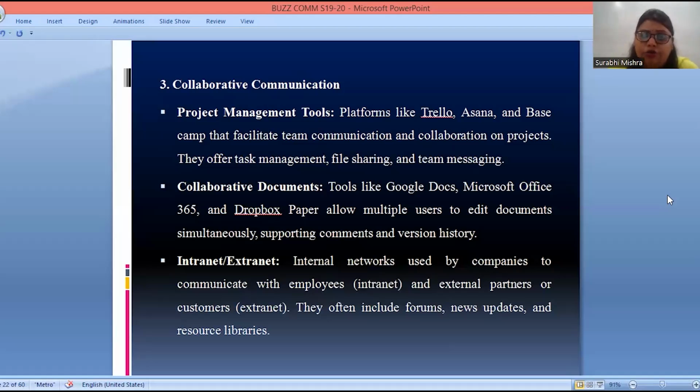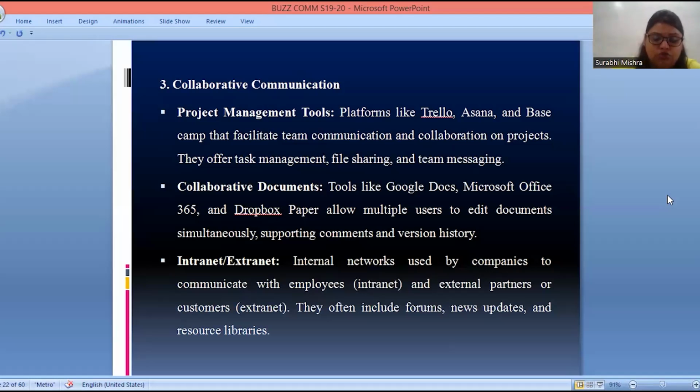So what you can do over here is, you have shared some file, and you may update it simultaneously, right? People can update it simultaneously. So there is no need for, we can say, doing mails and all. We can share it using these documents as well, right? Although we used to share it on mails as well, but if we use these applications, then file sharing and editing becomes easier.